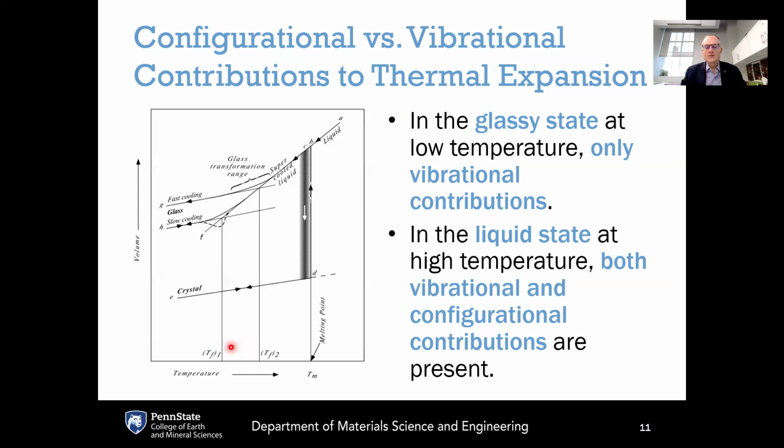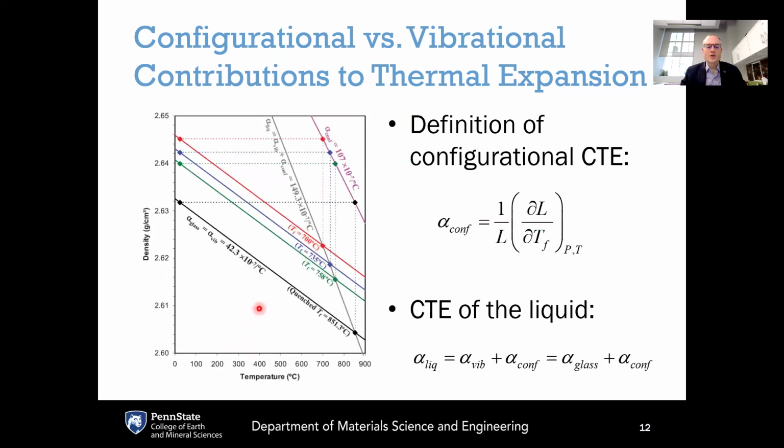TF2. So what we need to consider then is how much strain the glass experiences by changing the fictive temperature under a constant temperature. Therefore, we can define the configurational part of the CTE, alpha config, as being equal to 1 over the length times the change of length with respect to change in fictive temperature, dL by dTf, under constant pressure and constant